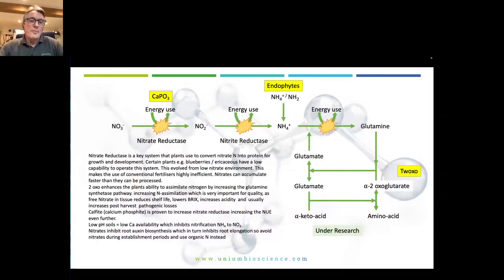So when you look at that pathway of the glutamine synthetase, which is the predominant one we look at, we can increase nitrate reductase by using things like the phosphites. Calcium phosphite here will improve that movement from NO3 to NO2. We can deliver with biology the ammonium into the plant, particularly using things like endophytes, which are biology that live within the plant and so therefore less